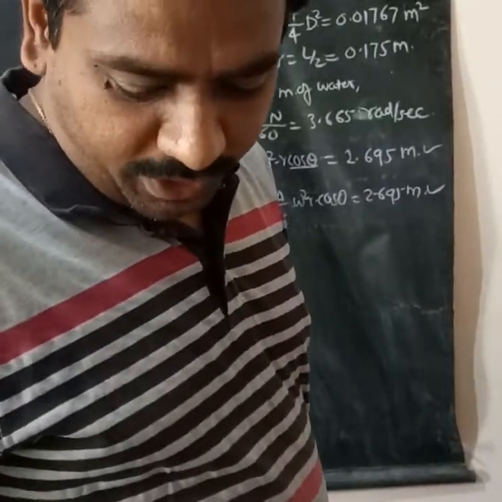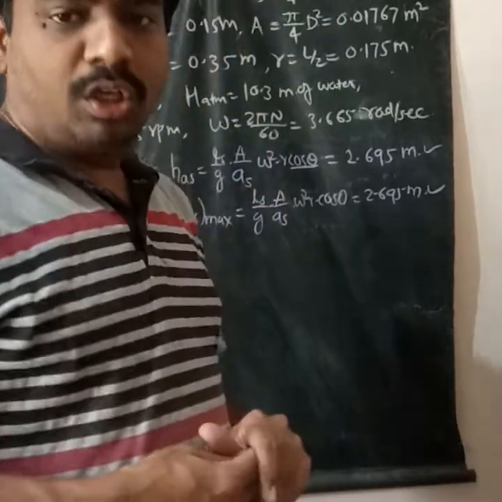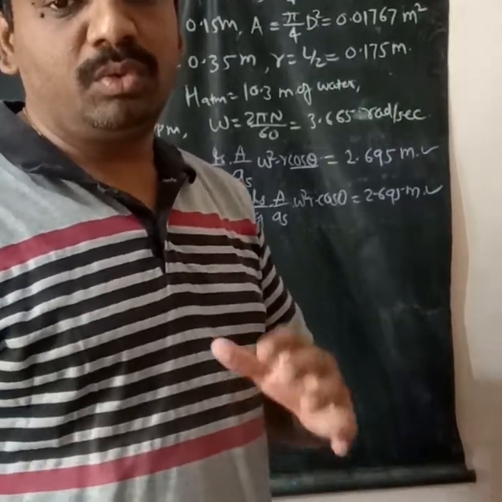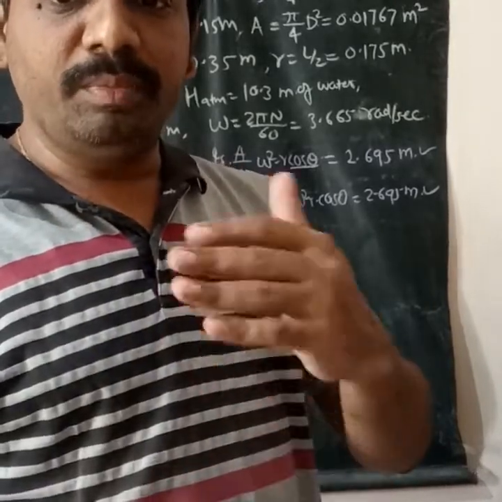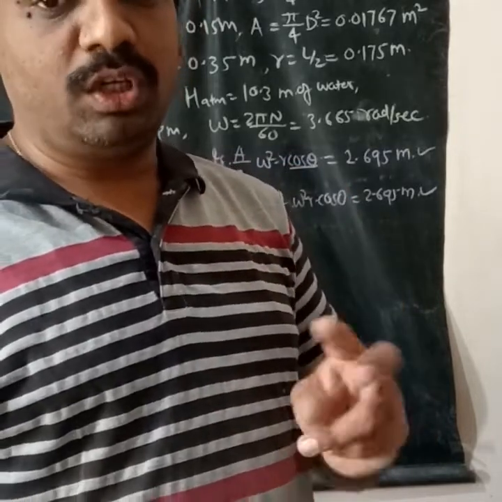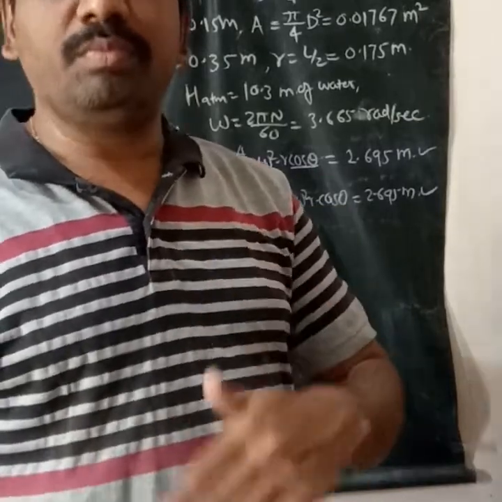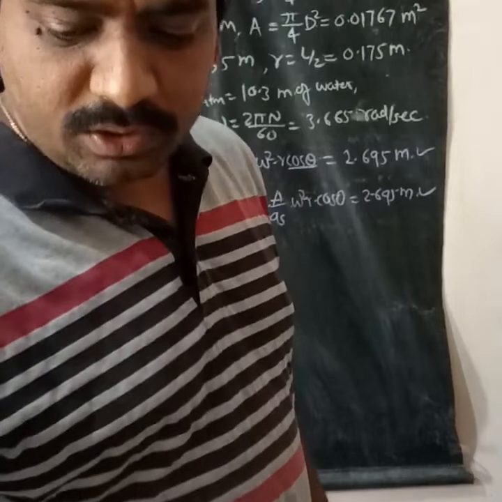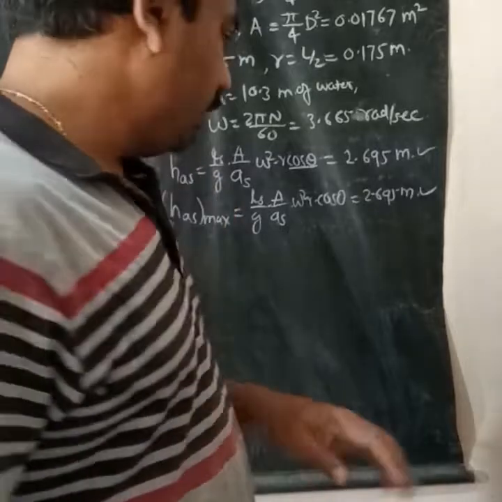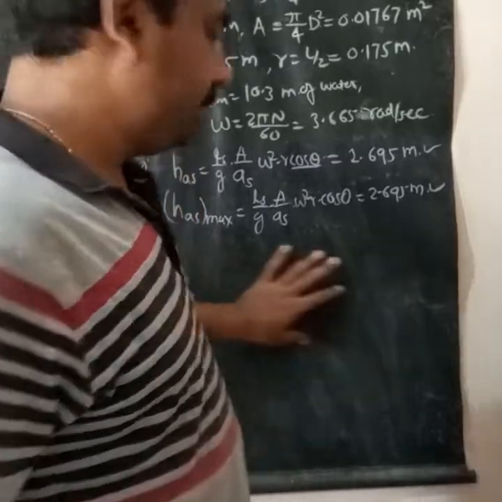Now the pressure head at the beginning of the suction stroke. Here it is not mentioned which pressure. There will be two kinds of pressure: one representing the pressure below atmospheric pressure, and one representing the absolute value of the pressure. So we have to calculate both the absolute value as well as the pressure below atmospheric pressure. You will get these values according to the indicator diagram. So for better understanding, I will construct the indicator diagram here.